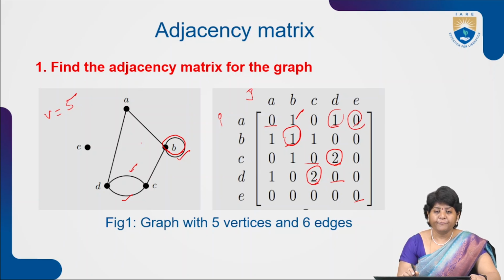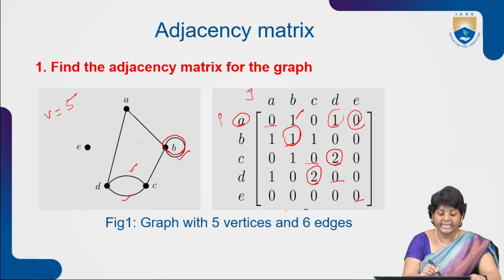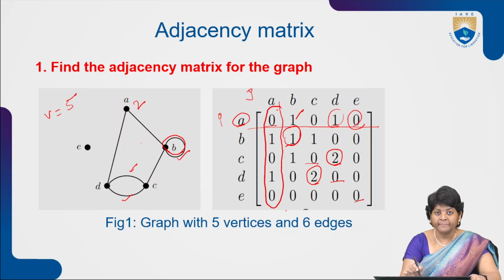And now, if we want to find out the degree, we can add the edge connections through row or through the column. So we will consider here the degree of A: 1 plus 1, 2. So the degree of A is 2. By adding the values along the row, you will get the degree of A. Or else, you can even add the values in the column. Then also you will get the degree of A.